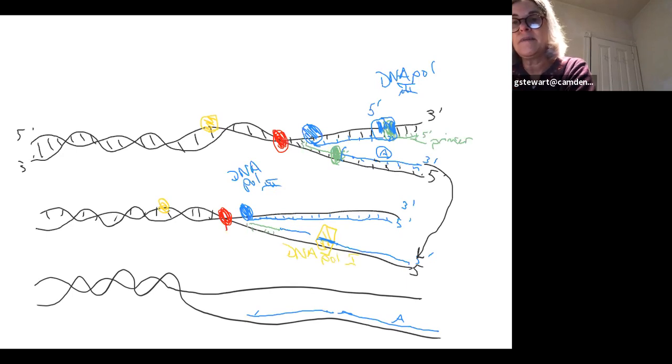right? So now I'm going to need DNA ligase to join the two Okazaki fragments. But remember, primer B here, or sorry, fragment B here, Okazaki fragment B here still has primer on it. DNA polymerase 1 is going to jump on there and get rid of that. At the same time, that primase has laid down a third primer to start the third Okazaki fragment, or fragment